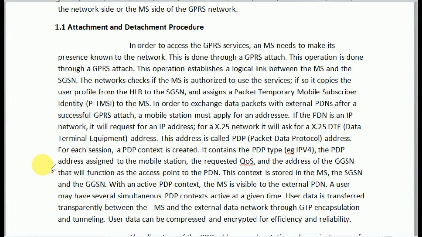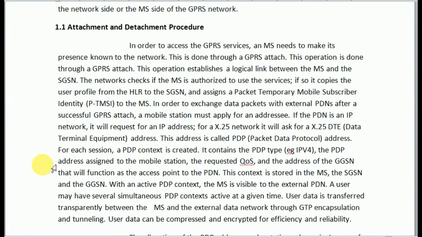This context is stored in the MS, the SGSN and the GGSN. So the PDP context contains the PDP type like IPv4 address, then the PDP address and the QoS parameters, etc. A user may have several simultaneous PDP contexts active at a given time.